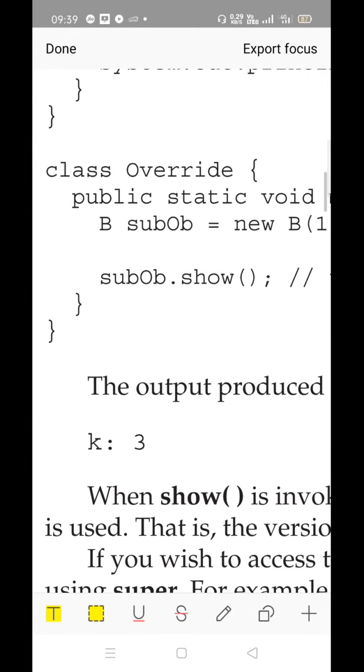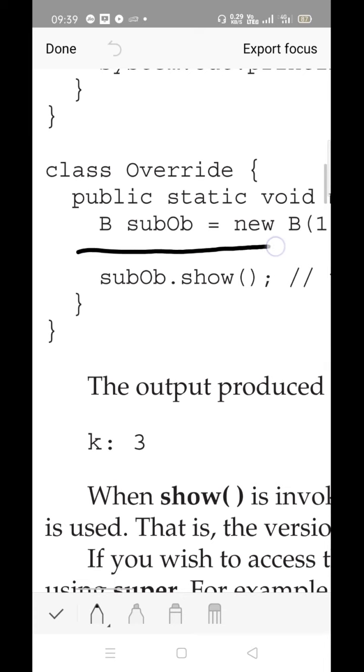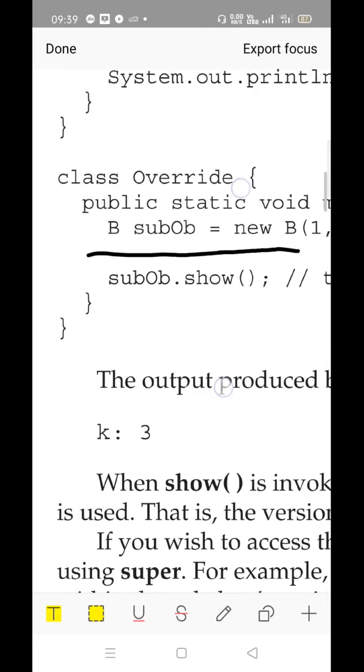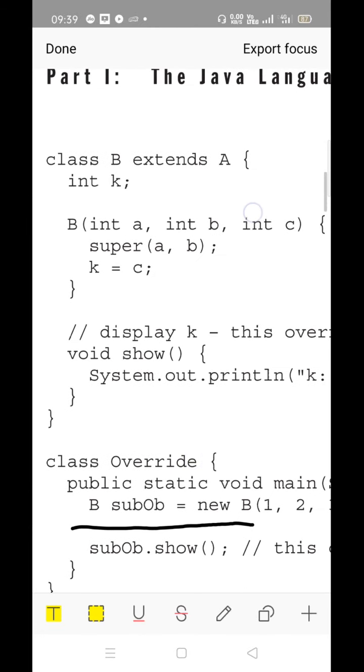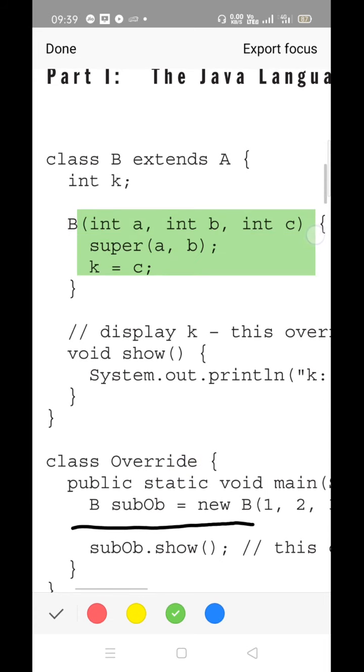Observe the statement: B's class object we are creating. B is the subclass, right? It is a subclass object, and it has a constructor definition as well. The constructor takes 3 parameters. Out of 3, the first 2 parameters it passes to the parent, that is A, using the super keyword. Please recall the previous concepts. It is a continuation, like a chain. You have to understand the previous concepts thoroughly, then these topics will be easy for you. If you are not getting it, please refer to the previous videos as well as the contents I have shared.